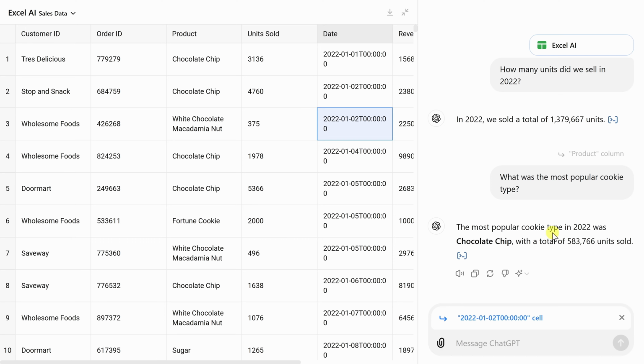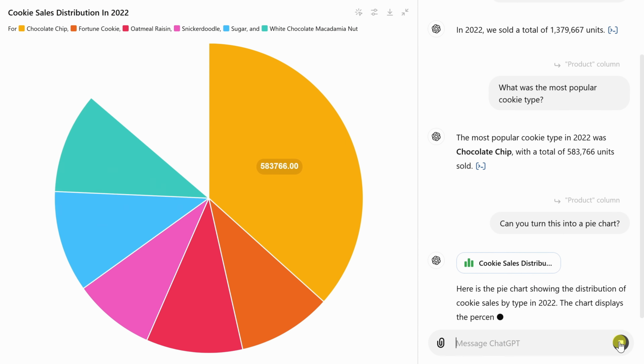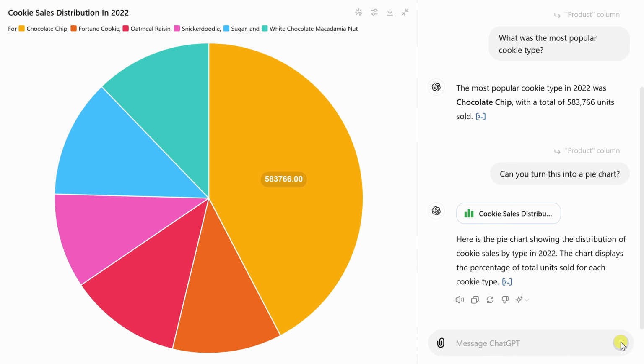Now, down below, you're not just limited to text responses. You can also get visual responses back. Here, for example, let me ask the question, can you turn this into a pie chart? And let's see what it comes back with. And look at that, it has now generated a pie chart over on the left-hand side, and I can hover